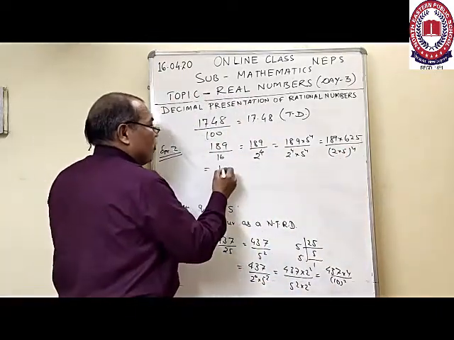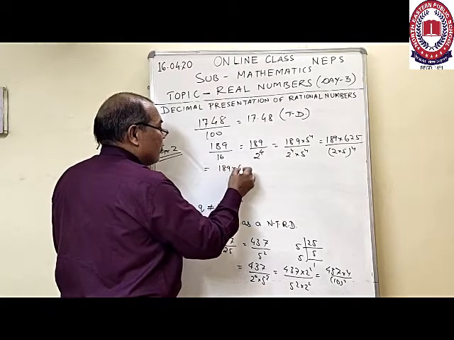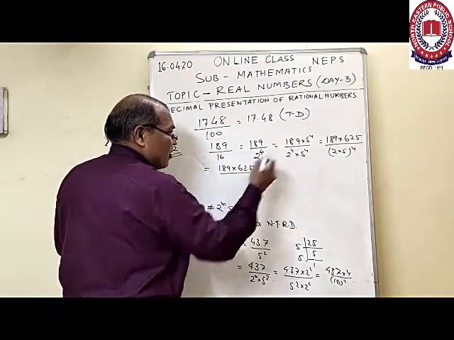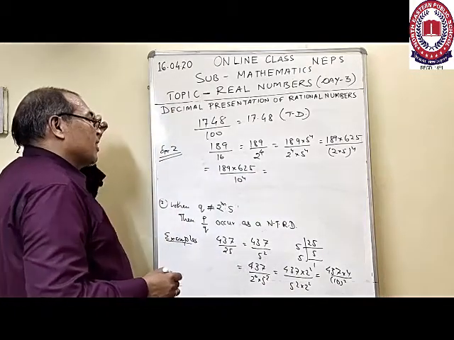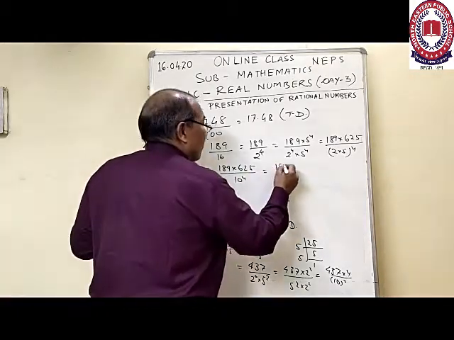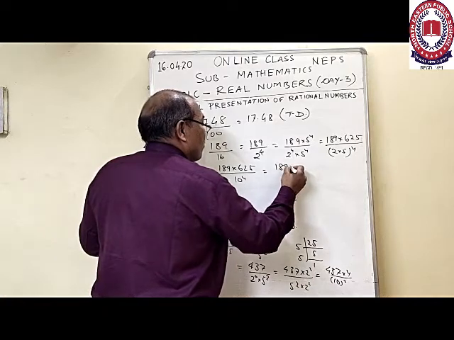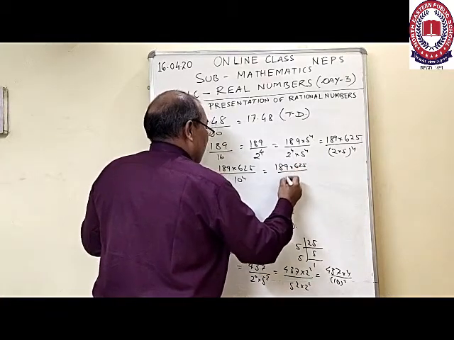So it will be 189 into 625 upon 10 to the power 4,